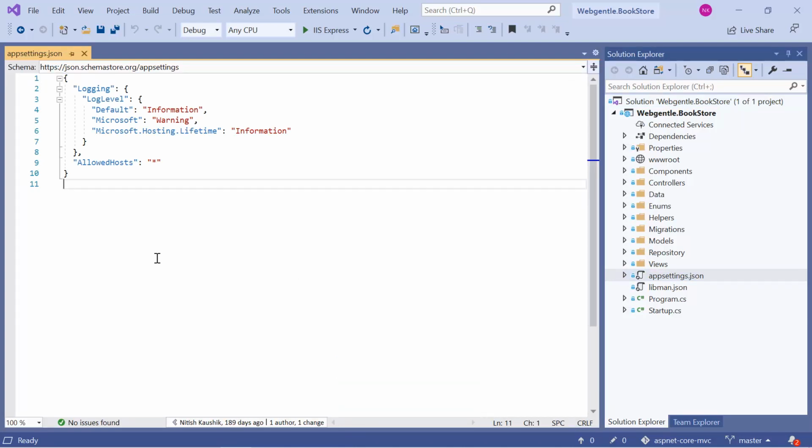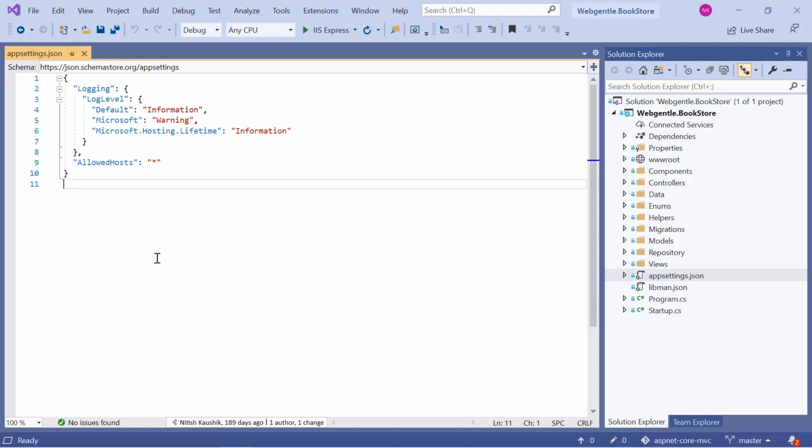Now let's understand what the use of this appsettings.json file is. Whenever you create a new ASP.NET Core MVC application, or any other application in any programming language, there are some things that you need to write in configuration mode. You do not want to hard code them in your application. You want to read that data from some other place, so that if in future there is a need to change those settings, you can update them quickly without deploying your application again.